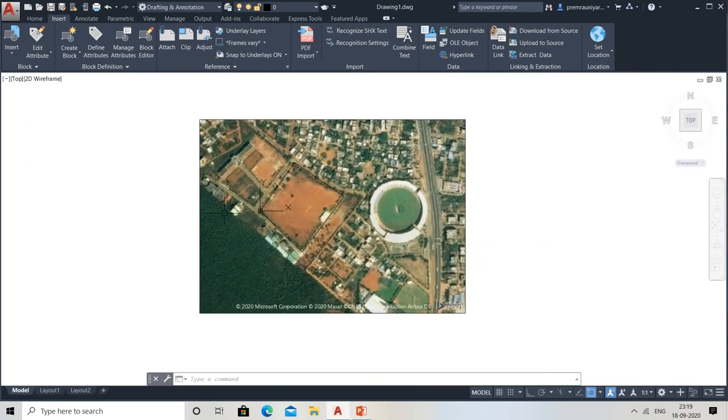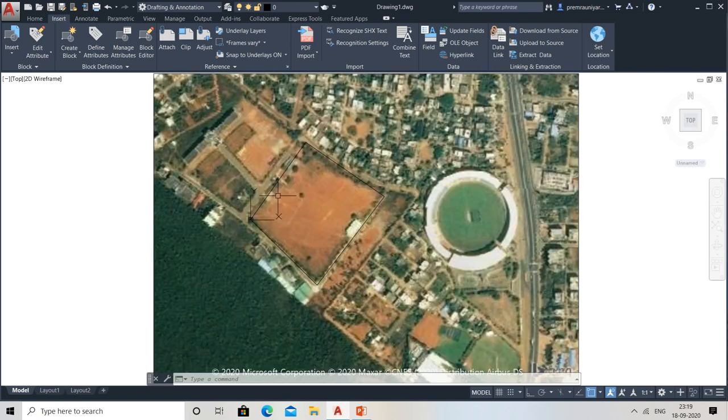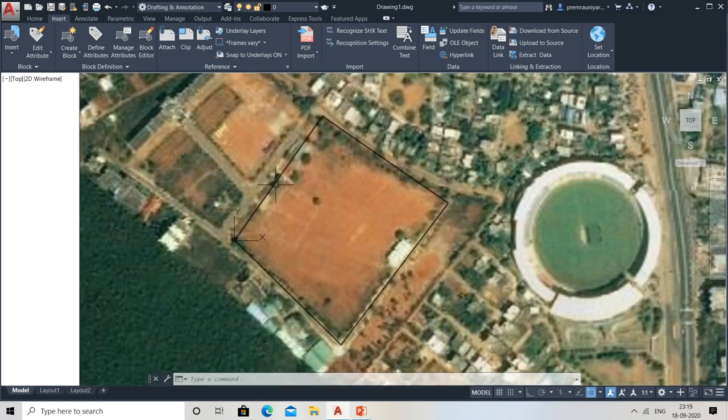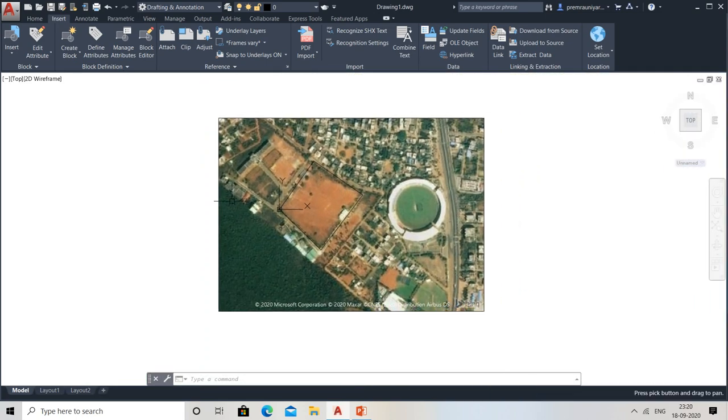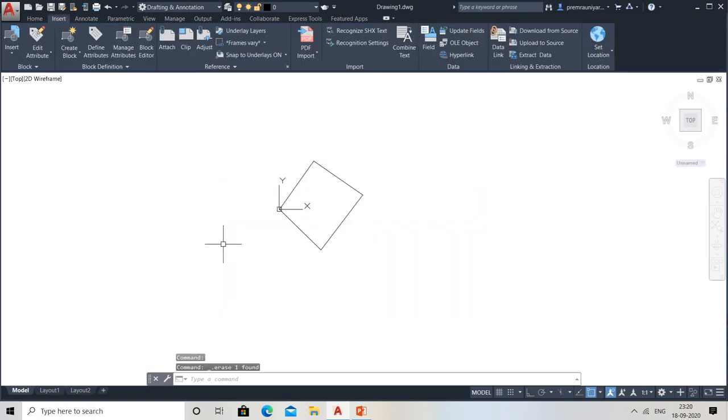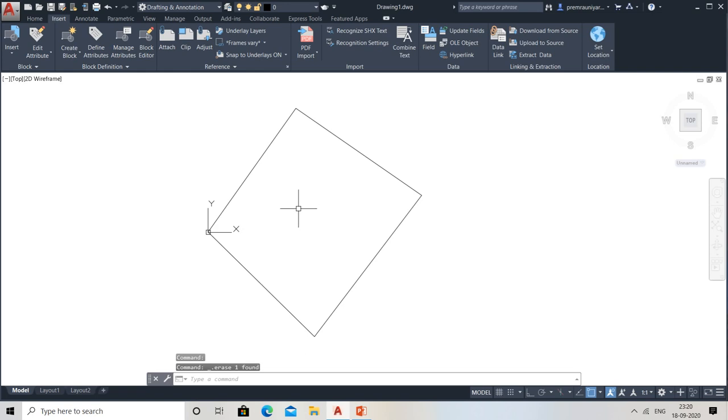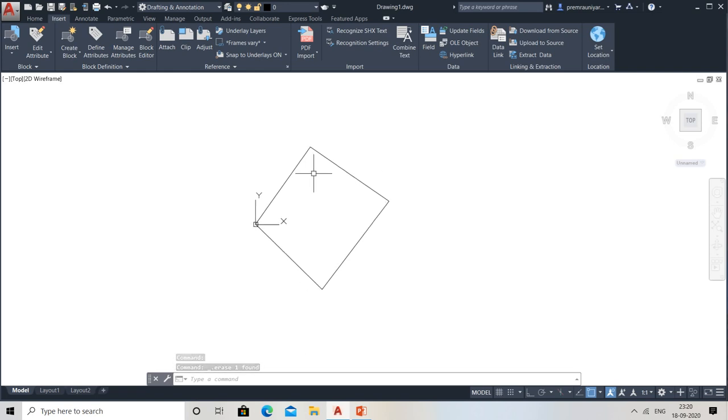I don't need anything else, I just need this. So I need to remove all of this, right? So just go to the boundary. In this boundary you can click anywhere on this corner. If I have clicked it here, now go for delete. So you have got this area. So this is the plot area of that stadium beside the plot.